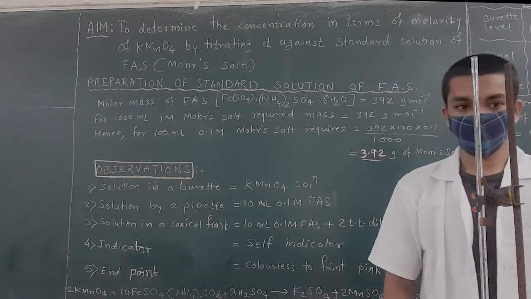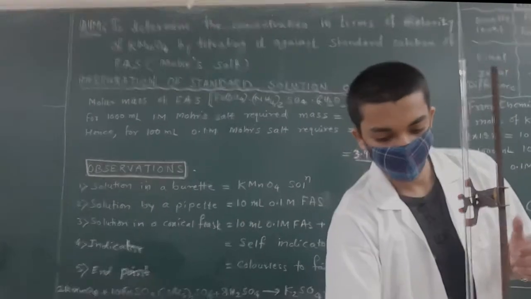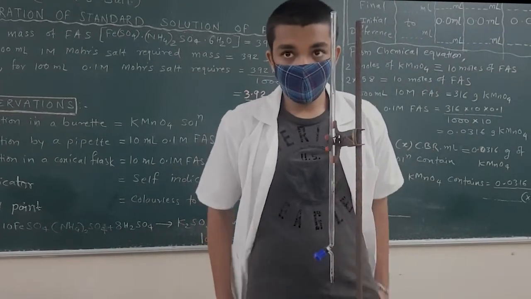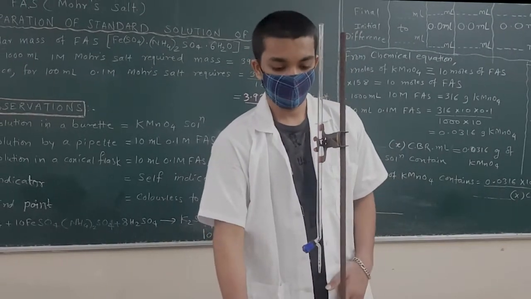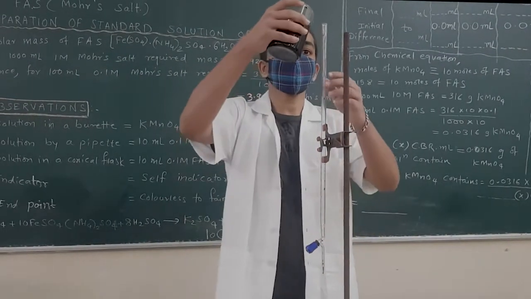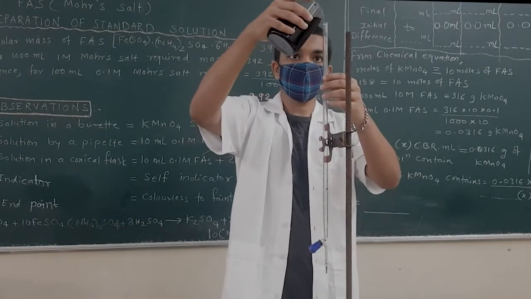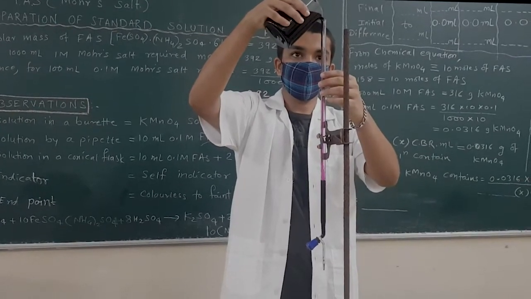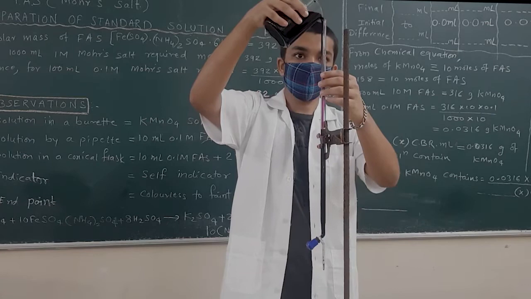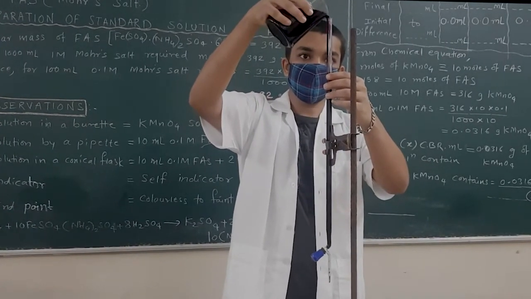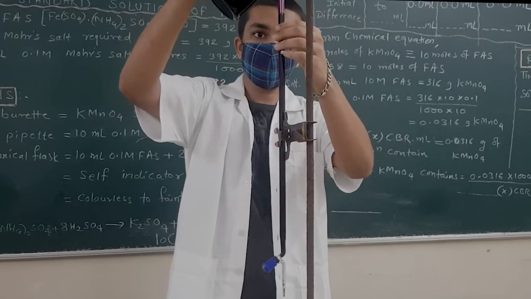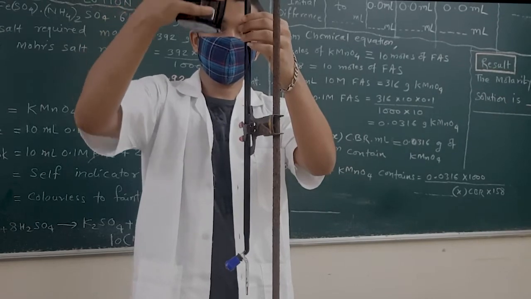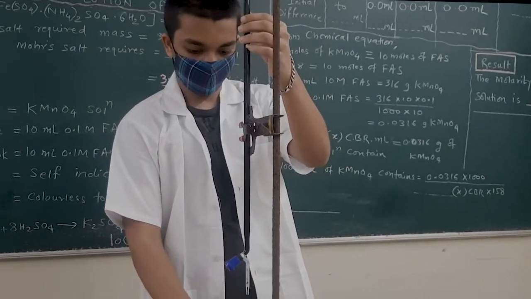First of all, we need to wash the burette with water. Already the burette is washed with water. Then secondly, we are going to fill that burette with KMnO4 solution. While filling with the KMnO4 solution, you can see at the nozzle part there is no KMnO4 solution, that is nothing but the air gap. So we need to remove that air gap. Just remove that air gap.